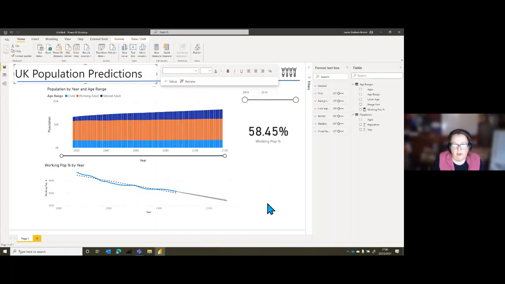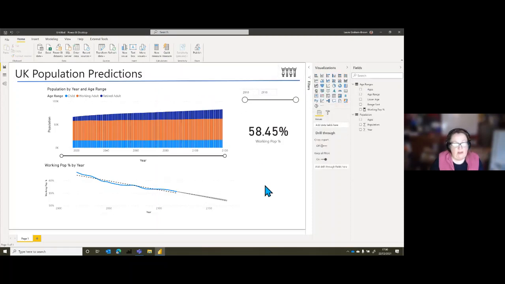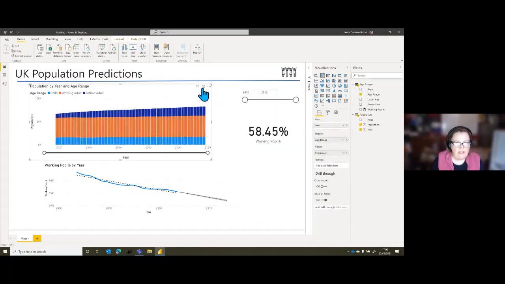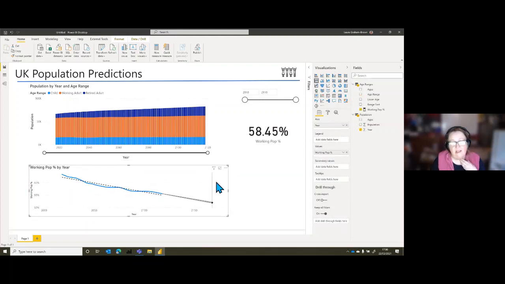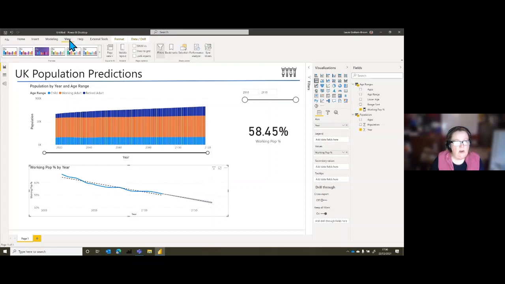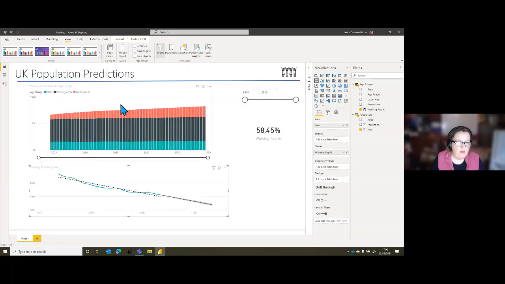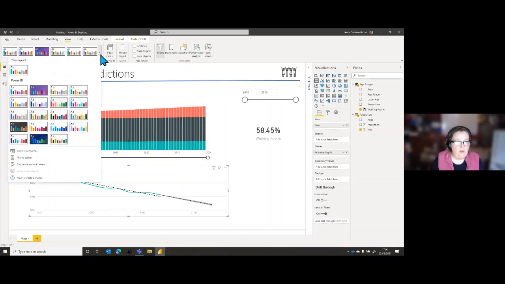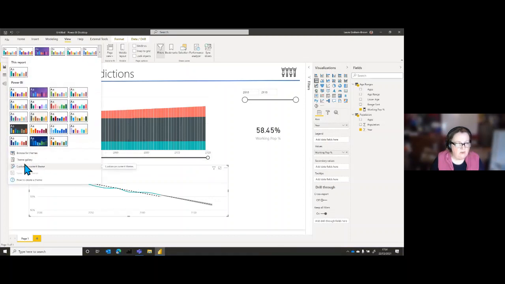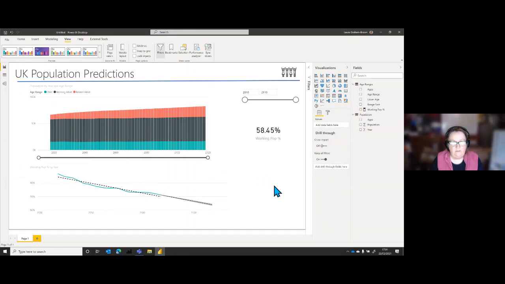Okay, so I've got my report there. It's a pretty basic report. I've not done anything amazingly clever apart from deal with some data, but it does give people a chance to have a look at my data. So make sure things are lined up and it's all pretty. If you have a color scheme in your business, you might want to have a look at themes and pick a theme that's going to fit color-wise. Pick whichever color theme, and if you have got a theme, you can customize it and save it. I haven't got time to do that today, guys, but it's worth having a look at.